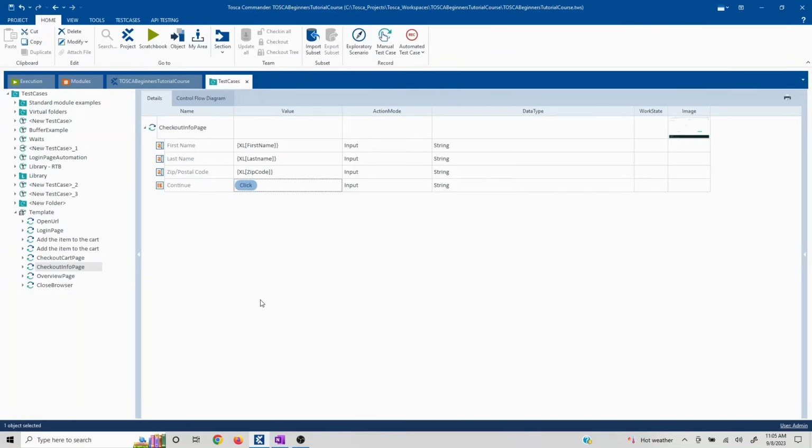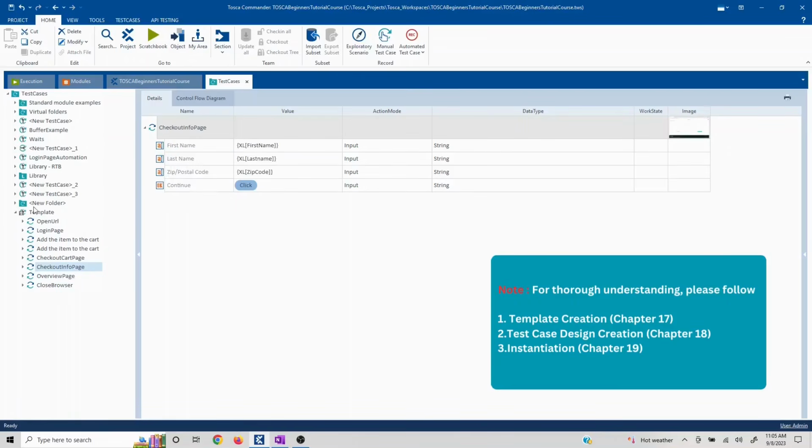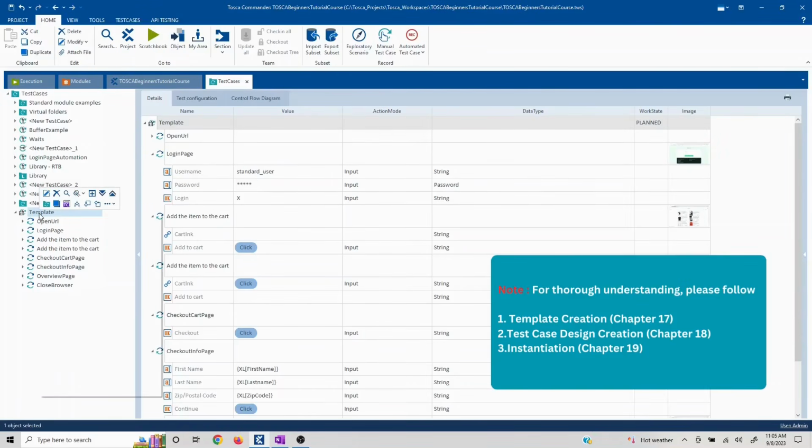Now our structure is ready. However, our test cases have not been generated yet. So first is your steps creation, then template creation, then test case design creation, then linking. I'm going to reiterate this again. And now we have to create the test cases. So you go to the template and you right click, and here,